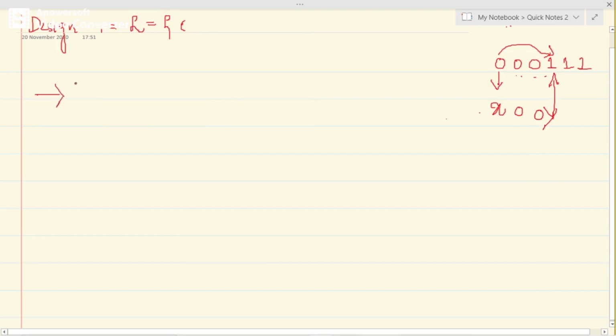When you take a left move, you will get zeros. Here there are many 0s, so when you take a left move, you will get zeros.